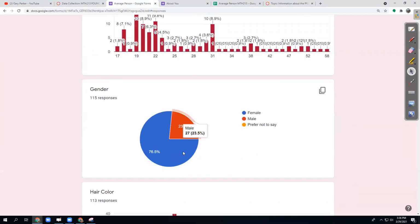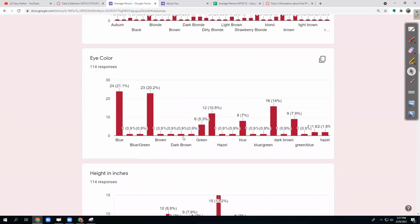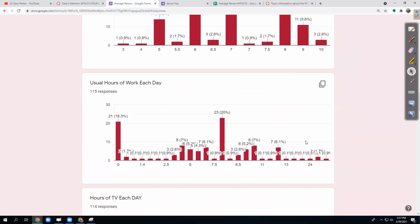So notice they made a gender chart for me. So I would like to figure out how to make my own gender chart. They made a hair color chart based on the raw data, which is kind of weird. Yeah, notice there's a capital B brown and a lowercase b brown and a light brown. So we got to figure out what to do with that. And then there's all kinds of eye colors. We can probably narrow that down. So we're just going to pick a couple of these to work with